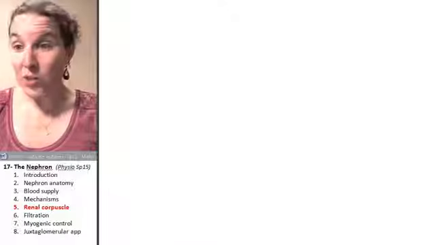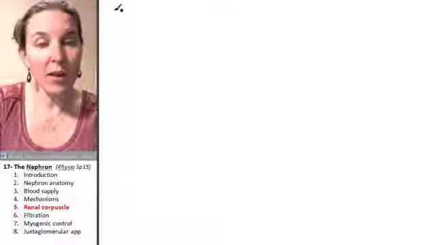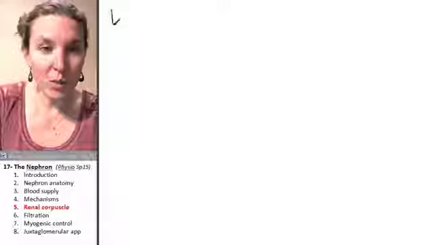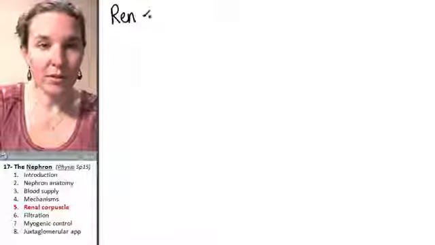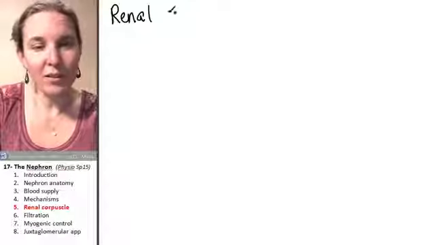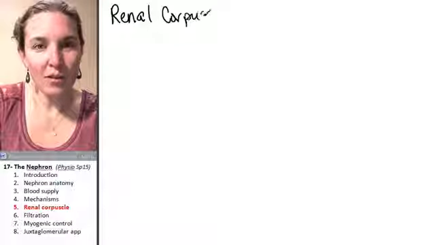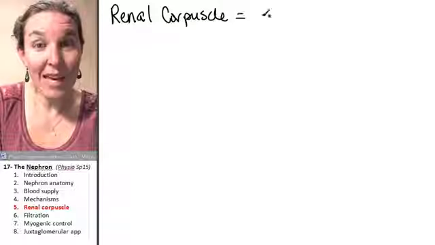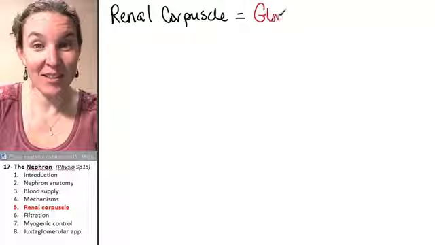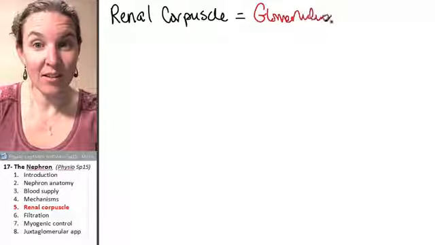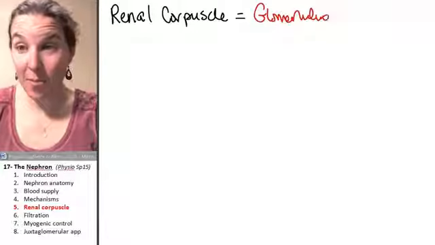Let's draw a picture of the renal corpuscle. First of all, renal corpuscle equals glomerulus, capillaries, plus,